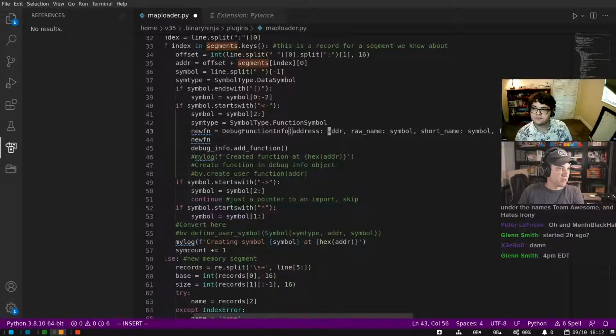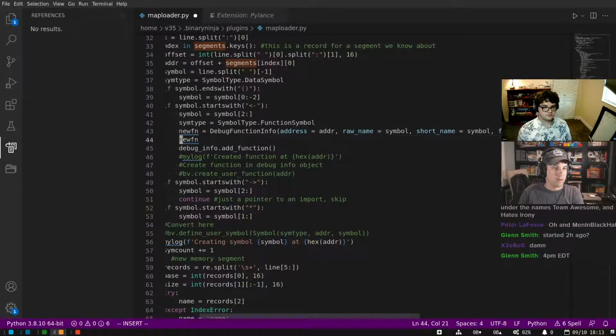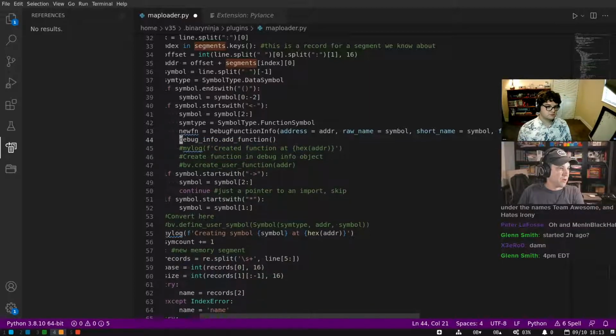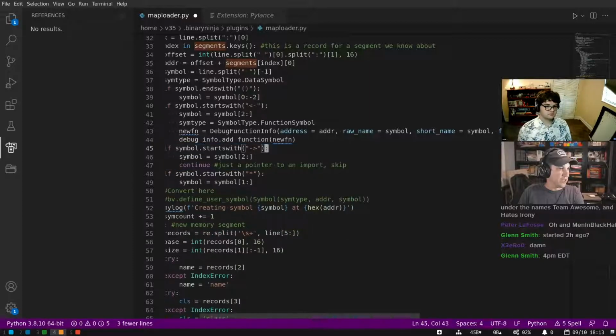Sorry, I'm not doing type information. Right. So the first section has to be the code. Correct, or you have to change that 0 to whatever segment number that is. Short name, full name. Okay, so I think that's all we have to do. Oh, and then I have to add function, new function. Okay, that should add our functions.